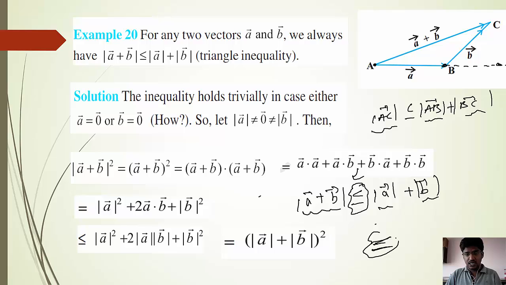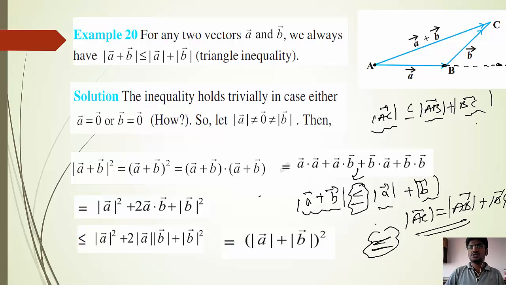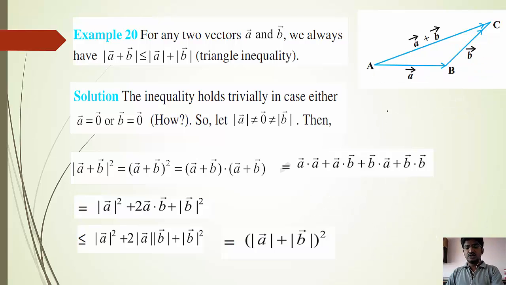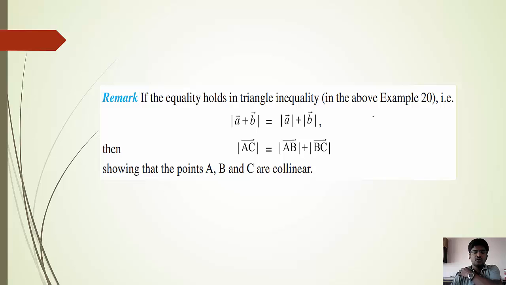When vector AC is equal to vector AB plus vector BC, point C will be here and it will be on the same line where A and B are present. Therefore, vector AB plus vector BC is going to be equal to vector AC. This is point C. I think the remark is also very much clear to you all. So please remember, if you want to show point A, point B and point C as collinear,